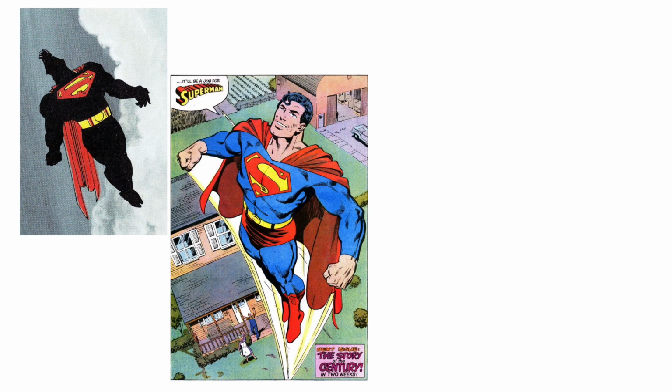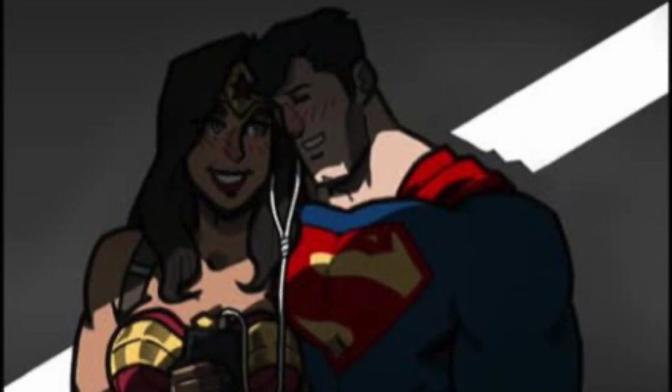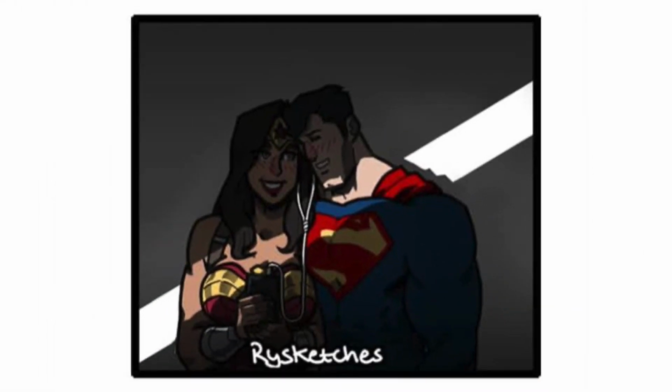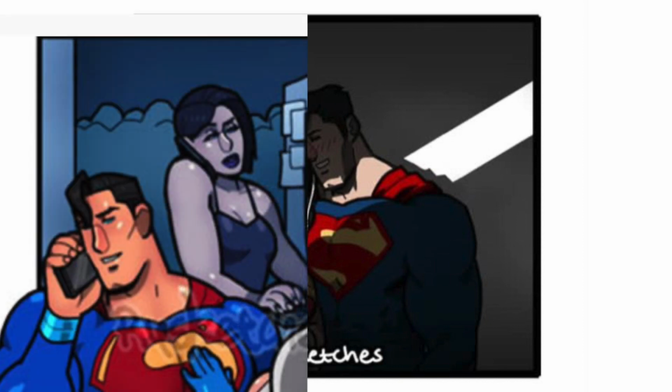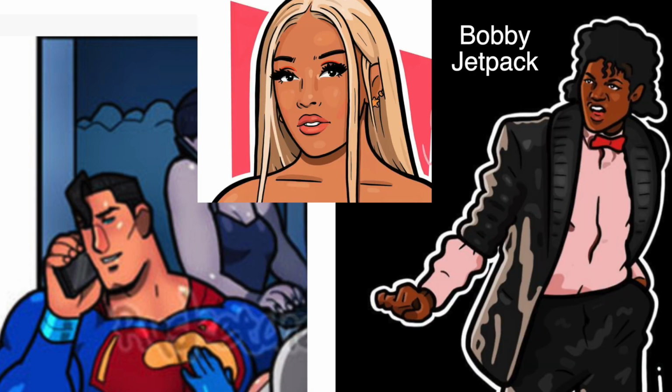My favorite Superman artists are Frank Miller, John Byrne, Michael Turner, and RySketches. RySketches is an anonymous Instagrammer who basically just draws Superman and Wonder Woman, and I love this style. It's like Ry started from Bruce Timm and took another step, adding some graffiti thick outlines like Bobby Jetpack, another